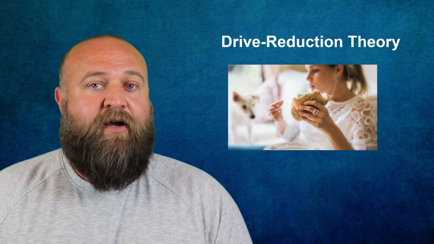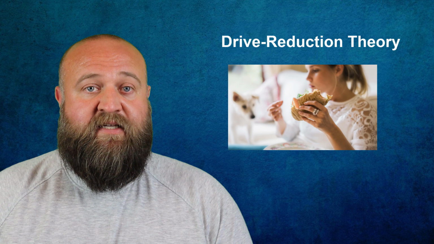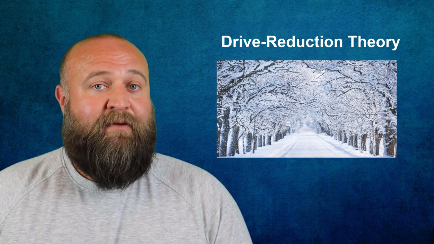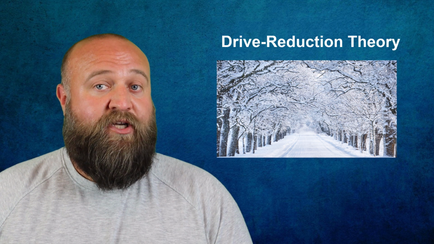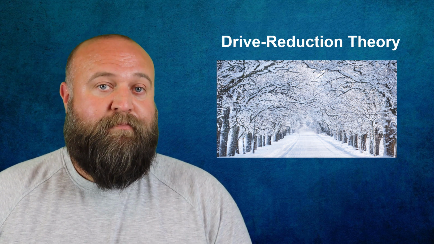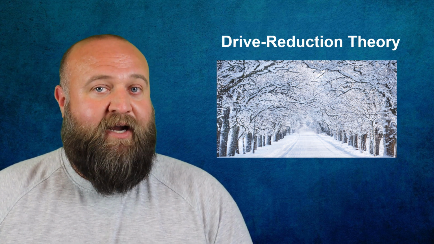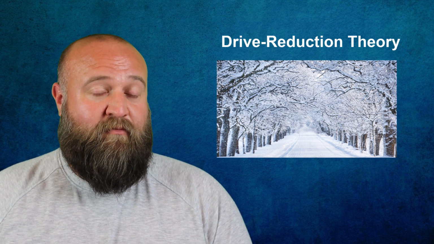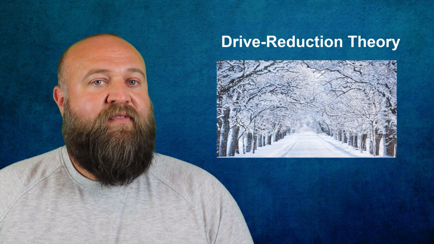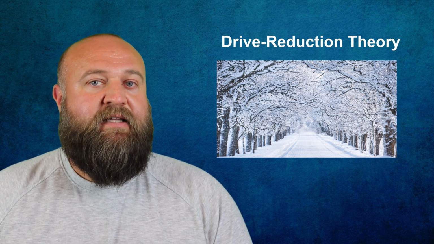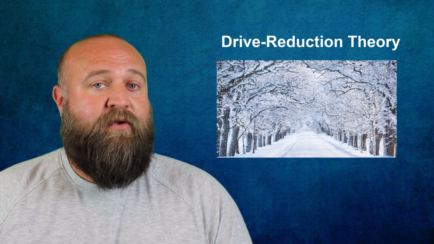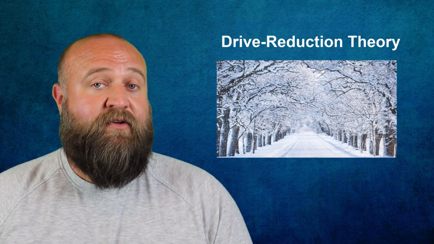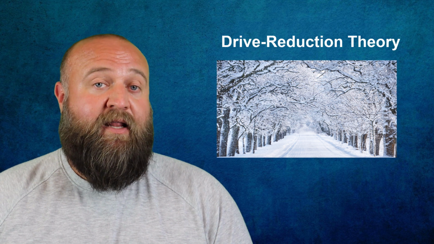A good example of how your body maintains homeostasis is if you're outside and it's really cold. Your body maintains its temperature by doing things like making you shiver, which helps you to warm up. You're not telling your body to shiver, and you're not really in control of it, but you are aware of it when it's happening. This theory specifically holds that the more our bodies go out of homeostasis, the more strongly we're motivated to engage in whatever behavior is needed to bring it back into balance.